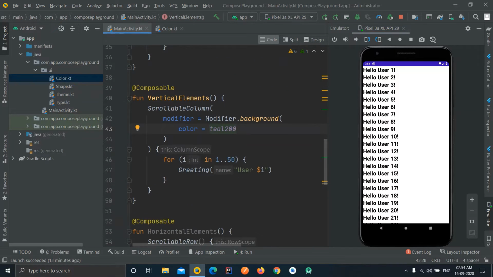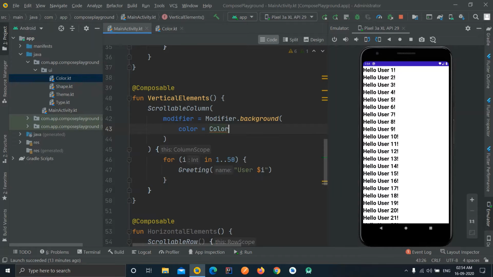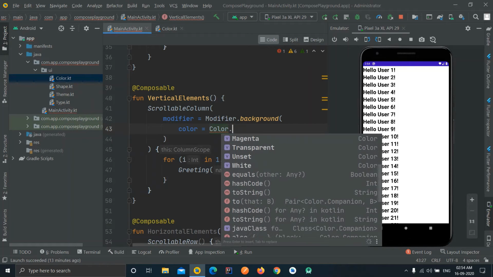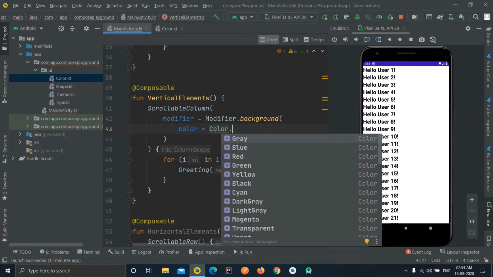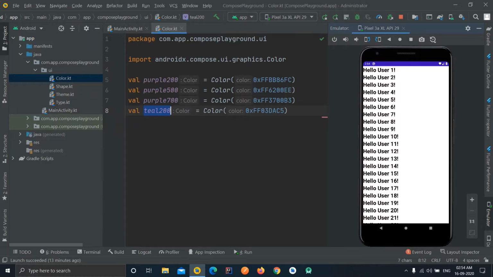There is also a predefined set of colors available from the androidx.compose.ui.graphics package. In our case we are using a color which we have defined over here.